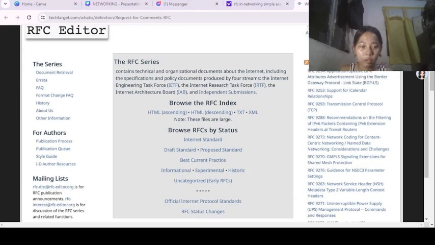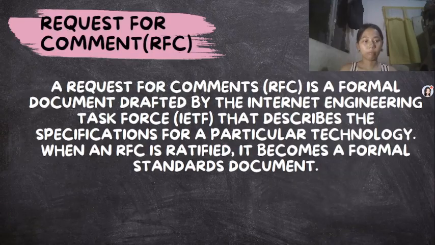RFC is a document that describes the standards, protocols, and technologies of the internet and TCP/IP. So before we see an IETF RFC,